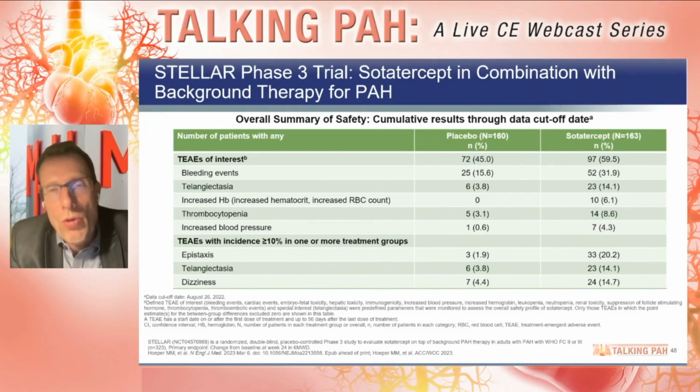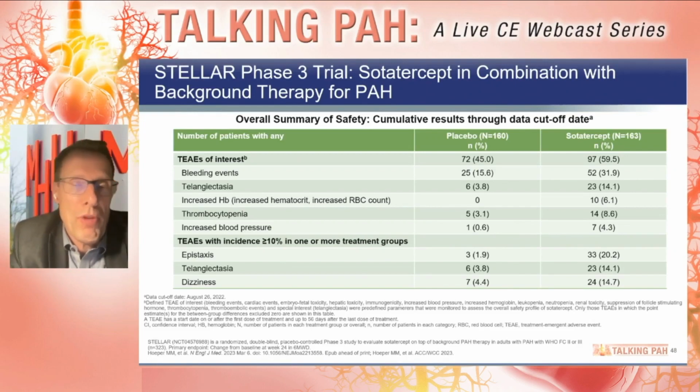Sotatercept is well tolerated by the vast majority of the patients. In fact, serious and severe adverse events or adverse events leading to drug discontinuations were all more common with placebo than with sotatercept in this study. However, there were some